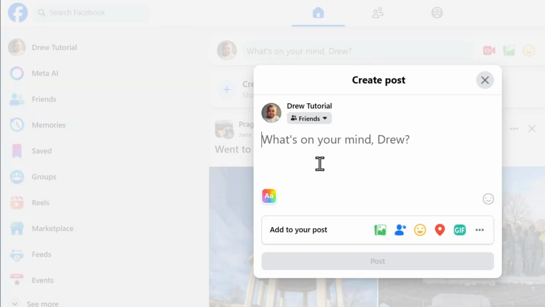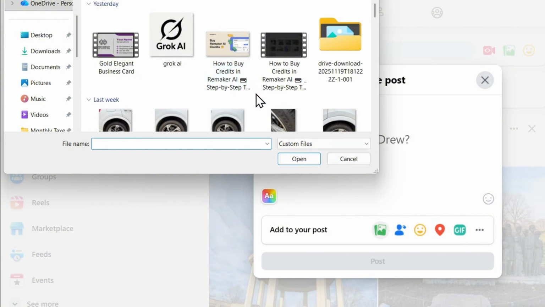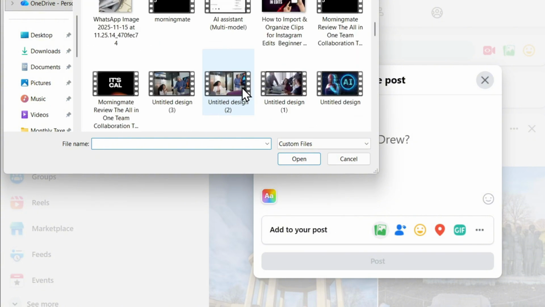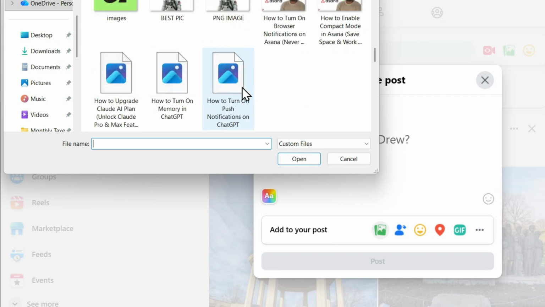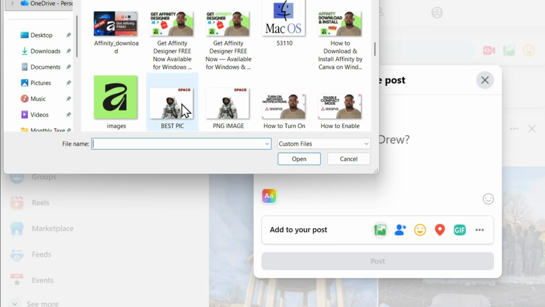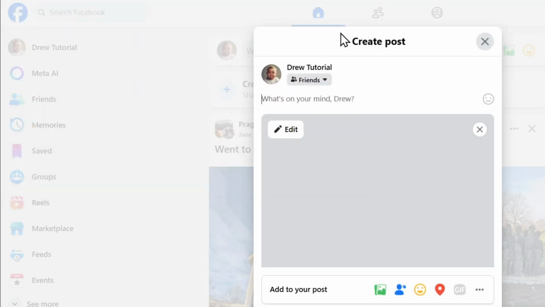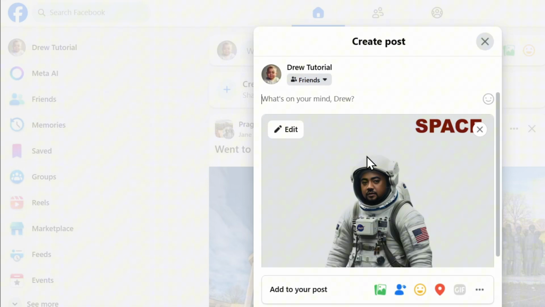Click here and let's say I want to attach an image. I can go ahead and first attach the image and then I'm going to just choose something random. So let's use this picture as an example, right? And I upload the picture here and you can see the picture is in here and I can say what an amazing